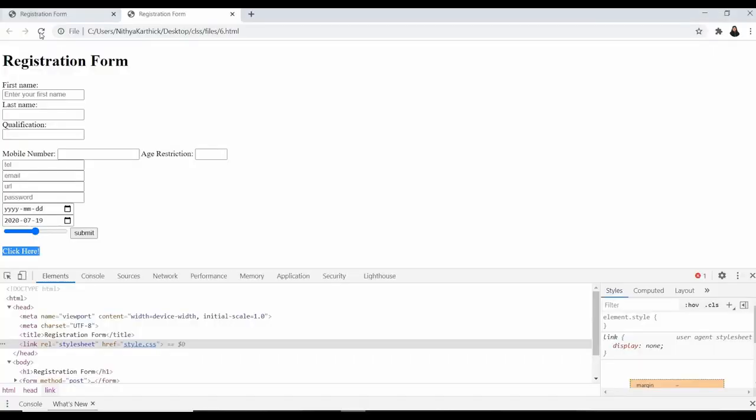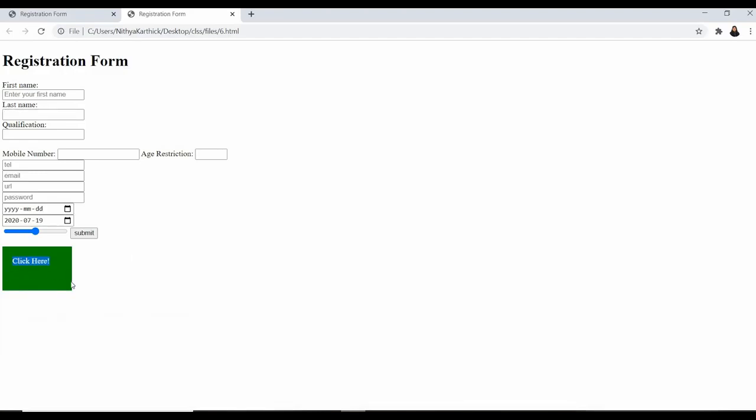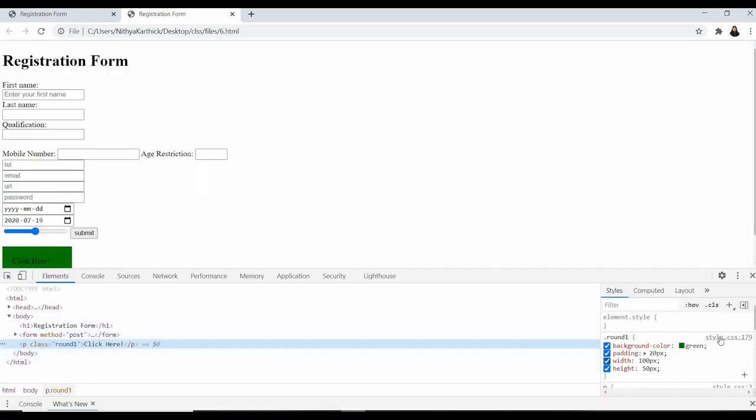So now refresh. Yes, now the style is applied. The width is 100 pixel and height is 50 pixel. So inspect. Now style.css is linked, and these are the contents given inside the CSS.